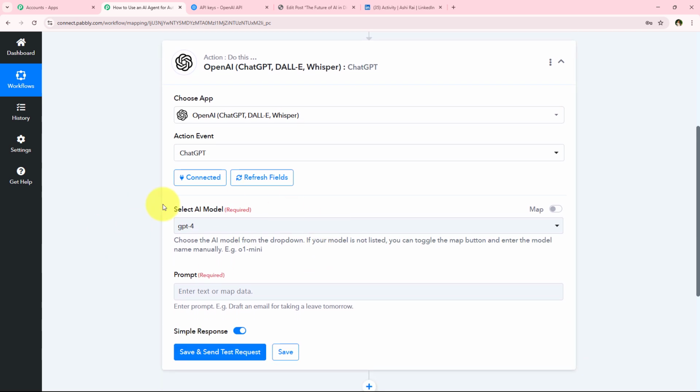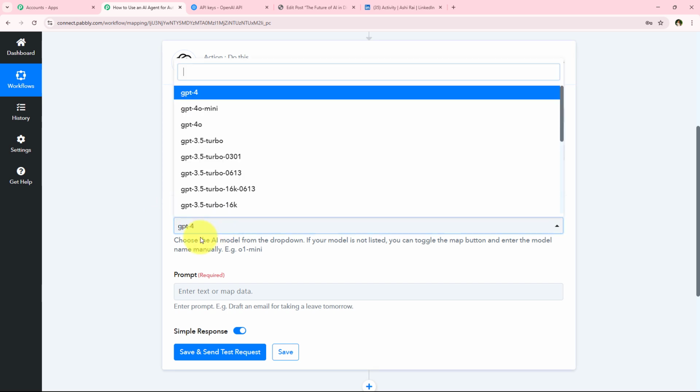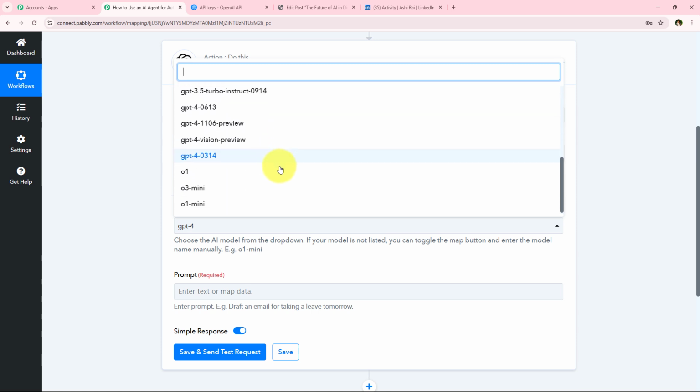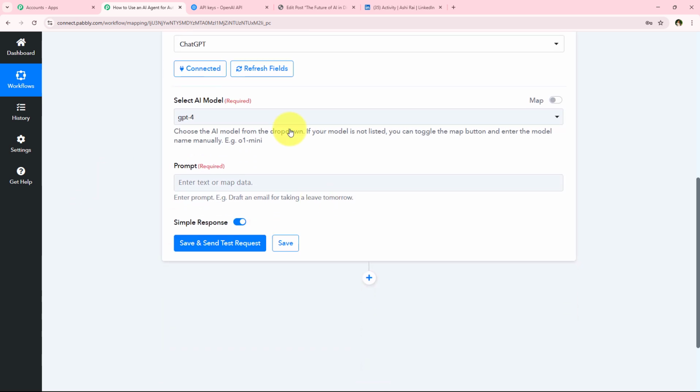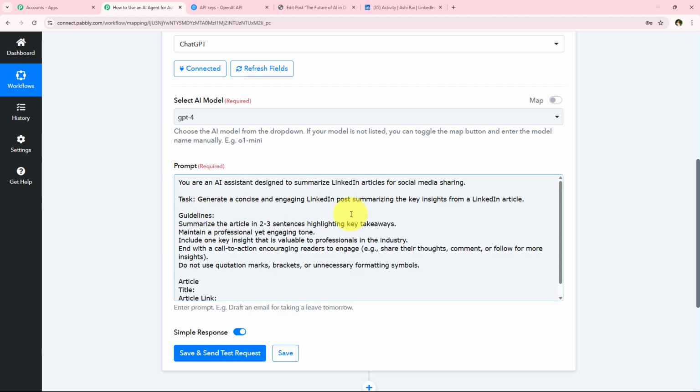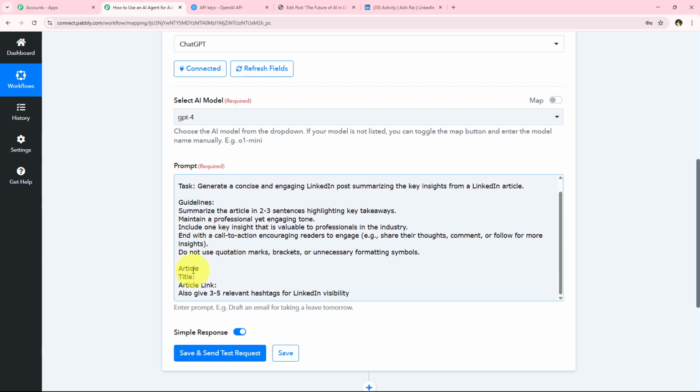Now it is asking me to select the AI model. So I'm just going to select my AI model as GPT-4 right over here. You can select the AI model according to your choice. And now it is asking me to enter the prompt. So I'm just going to enter my prompt right over here. So yes, over here you can see that I've successfully entered the prompt, and now we're going to move on